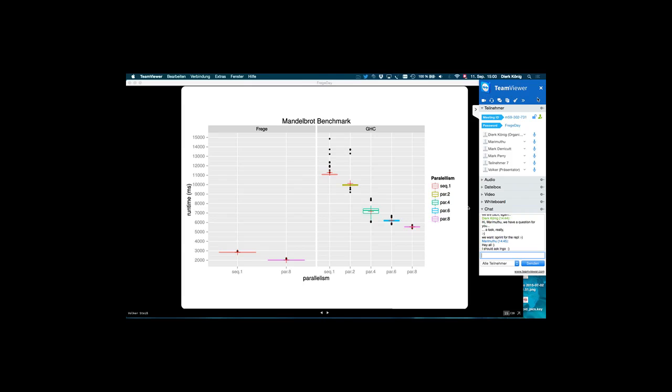GHC also has another backend for compilation, LLVM, and those numbers get a bit lower, but we only did it for the C backend. We also see in the sequential part that there are many outliers, and the mean value is not in the box plot.